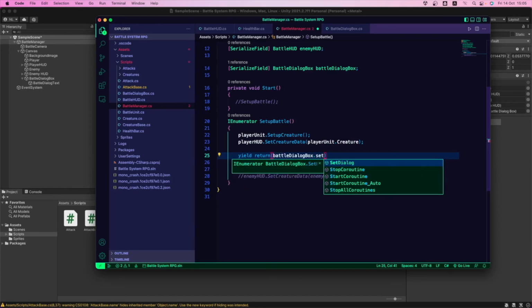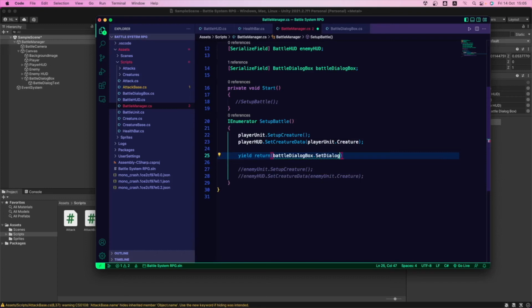The SetDialog. Great. And inside of it we're going to set our dialog with a string. This is the argument that we have to pass to that one so it can start. So let's add a simple message right now: an enemy creature has appeared. We add the semicolon, save this, and see, no errors. When we add the yield, this gives no errors.